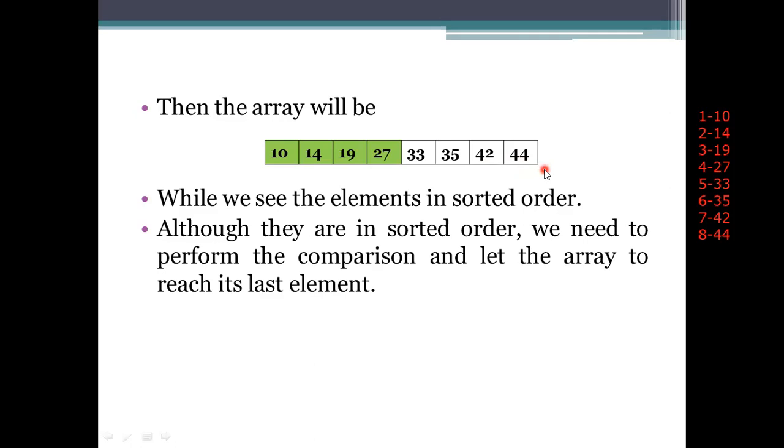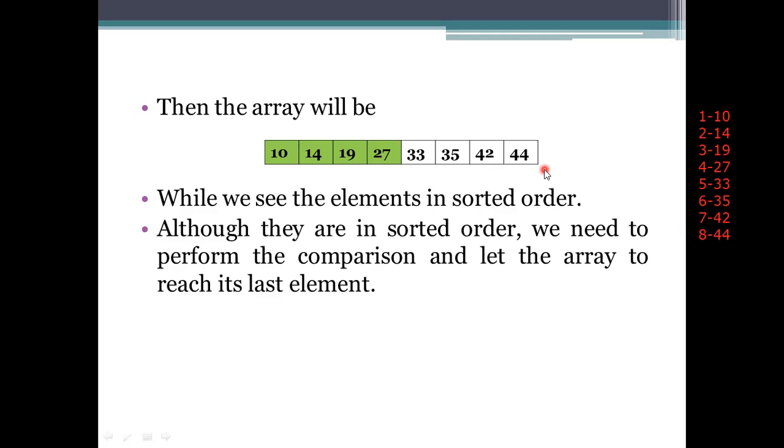So here the comparison factor we are using has been giving false, meaning the elements we have chosen are not greater than or less than the key element. So there is no need to perform any swapping here.